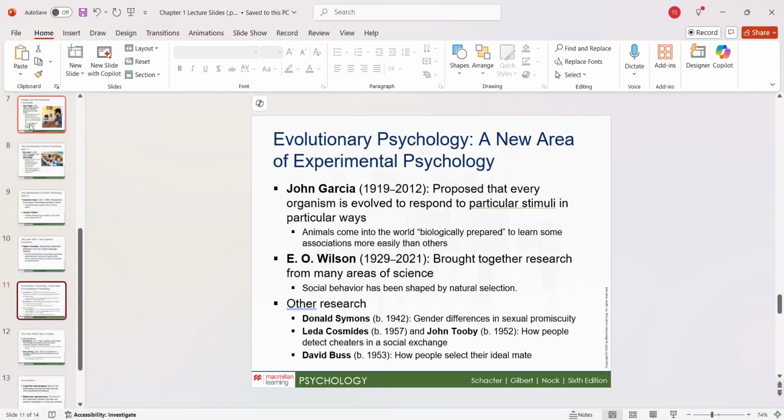All right, so then we got evolutionary psychology. Evolutionary psychology actually has a few different start points. One of the start points was with a man named Charles Darwin, whom a lot of us may have heard of before. Charles Darwin was the one who came up with the theory of evolution, which is why it's called evolutionary psychology. And then from that, William James, who was considered to be the first American psychologist,